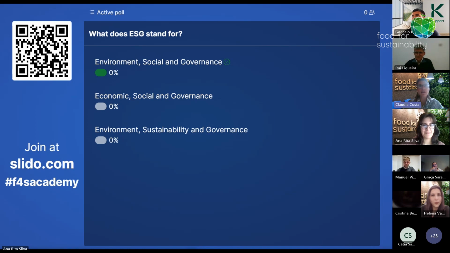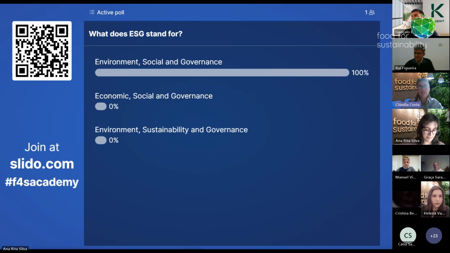So we heard a lot about ESG. Do you actually know what ESG stands for? We have here three options: environmental, social, and governance; economic, social, and governance; environment, sustainability, and governance. So let's vote. The ESG are, in fact, a set of practices, policies, procedures, and metrics that organizations implement to limit the negative impact or enhance the positive impact on